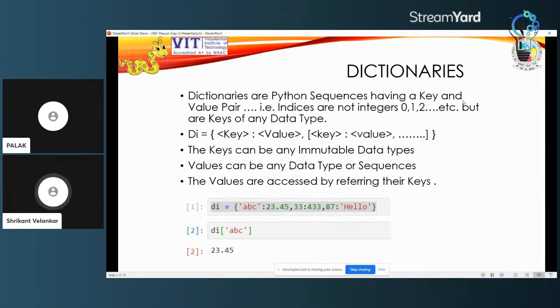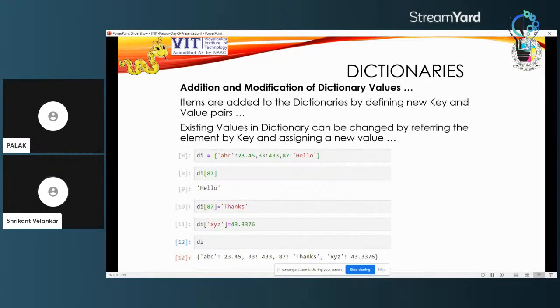Dictionaries have a peculiarity: as I said, they are very reminiscent of what is called the JSON format, a very widely accepted interchange format for data. So we can do additions to the dictionaries, and we can do modifications to the existing values in the dictionaries.